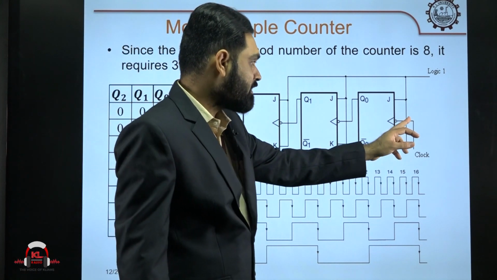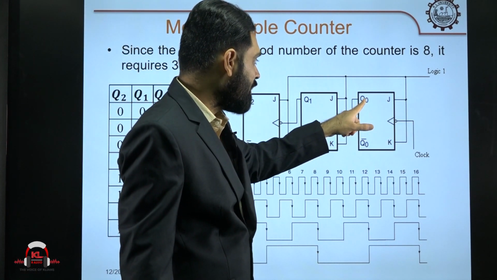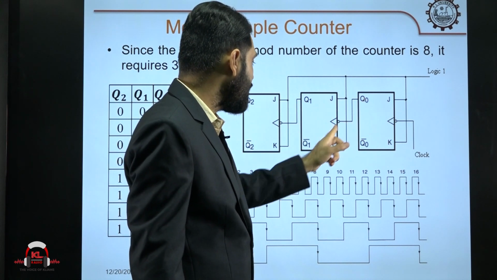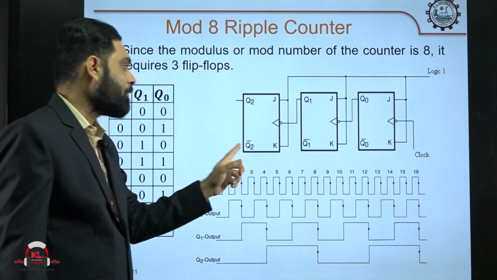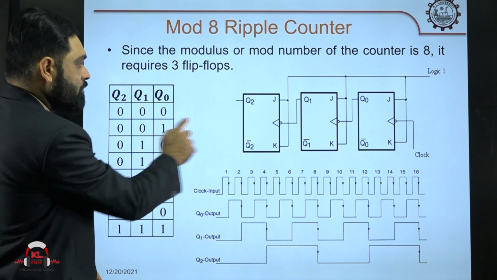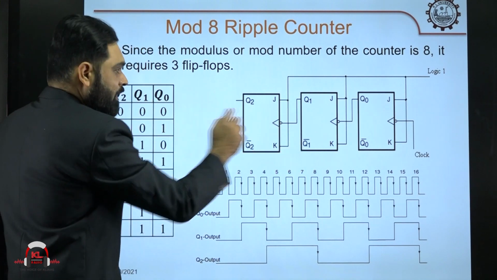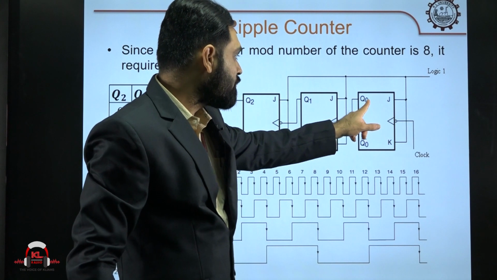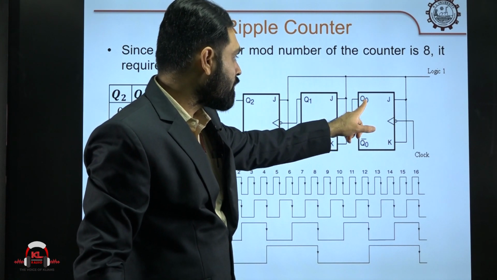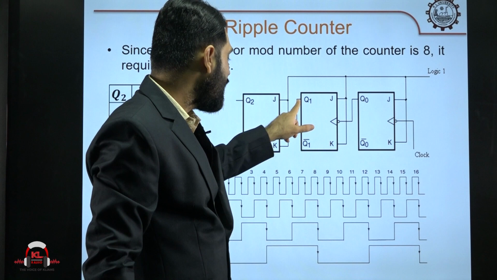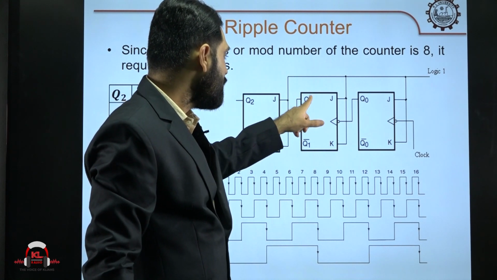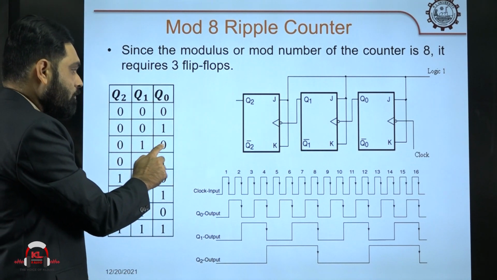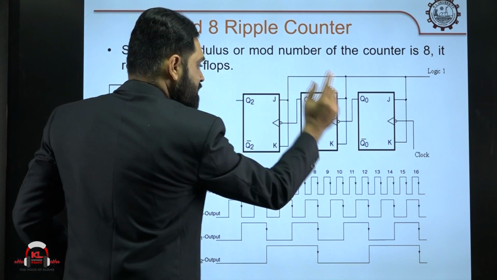Whenever you apply the next clock pulse, it will trigger. Now Q naught will become 1. The earlier value will go here, so the other flip flops will not be in the operating mode. In that case, you will get 0 0 1. These two flip flops are at 0 and this flip flop is at 1. Now, by applying another clock pulse, this Q naught will become 0 and the earlier Q naught value 1 will trigger the next flip flop, which will come into operation, and this Q1 will become 1 now. So, the next output is 0 1 0. This is 0, this is 1, this is 0.